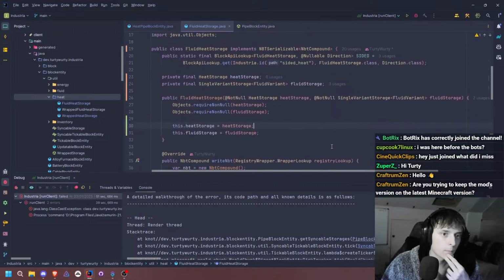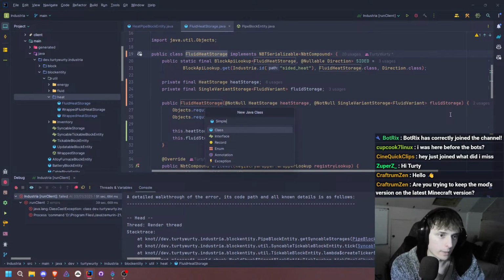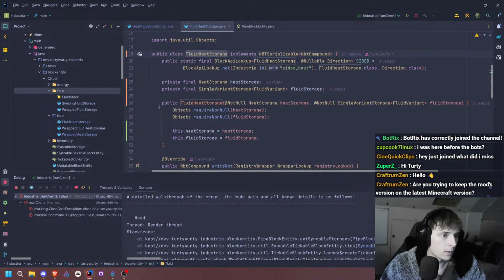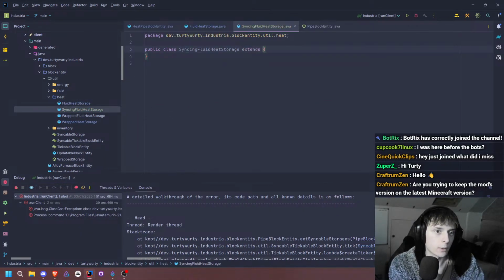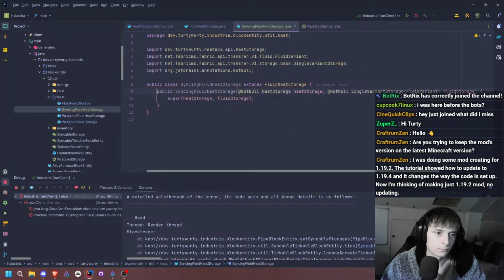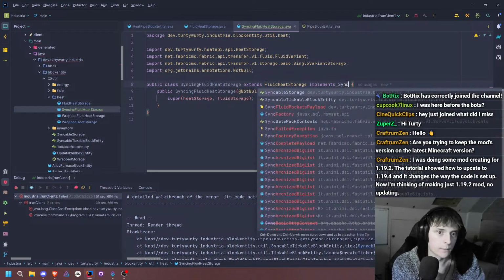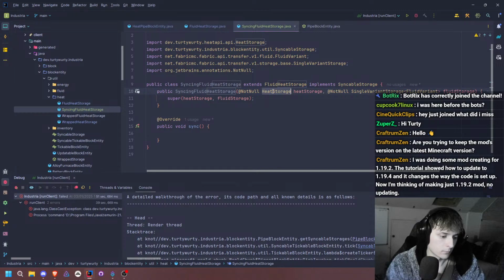And then, yeah. So doing that means that I can then extend this class if I want to, which I do want to. So I want to make a thinking... thinking, apparently, not sync. Oh, thinking fluid heat. And we're just going to extend fluid heat storage. And then I think I need to implement sync. So this needs to be